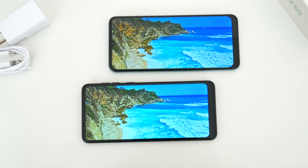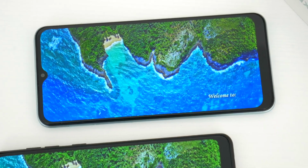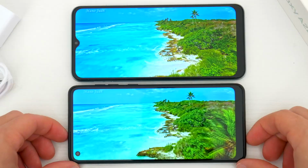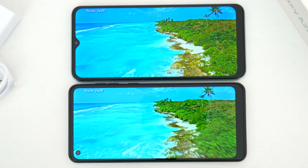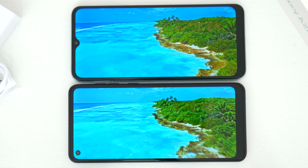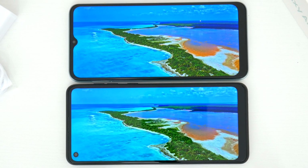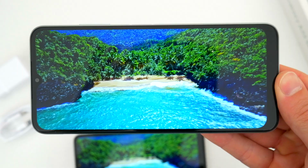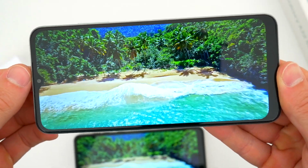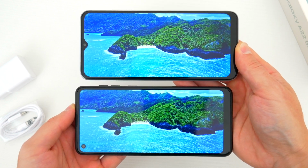Okay, so on to the important stuff. With the displays, I already mentioned that the A22 5G gets a tiny bit bigger of a screen, but there's actually more to it than just that. Spec-wise, the A21 had a 6.5-inch LCD display at a resolution of just 1600 by 720 and 270 pixels per inch. The new A22 5G also has an LCD display, but now with a resolution of 2400 by 1080 at 399 pixels per inch. It's sharper, it's clearer, it's an upgrade for sure, just on quality and resolution alone, but